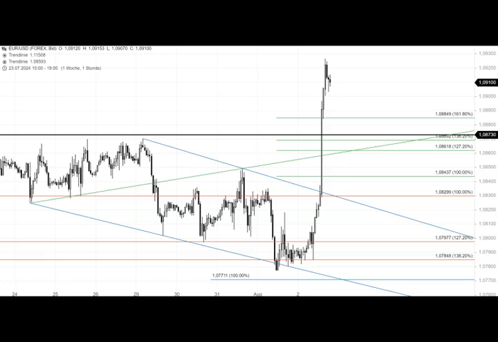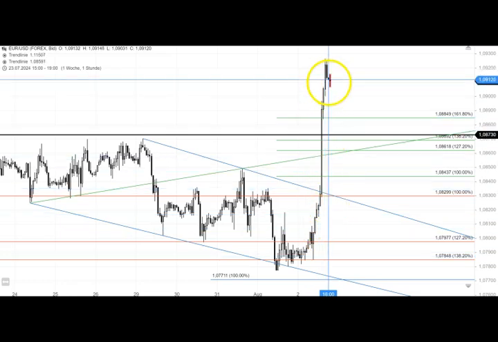I'm going to show the Euro US dollar quickly here because it worked out so nicely from what we were setting up yesterday. It's an hourly time frame, and we were entering right here at that 138% yesterday of that red sequence. We came up in the first few hours, but then we kept retesting that level several times, and then this afternoon we completely exploded to the upside.